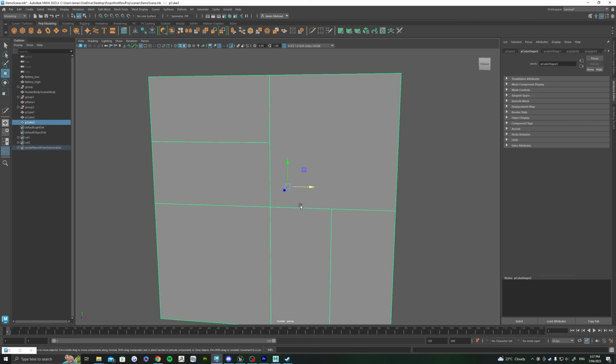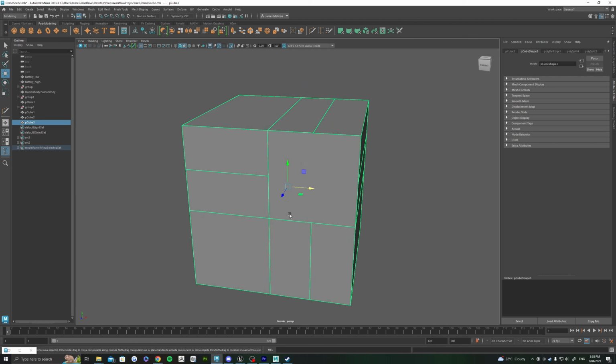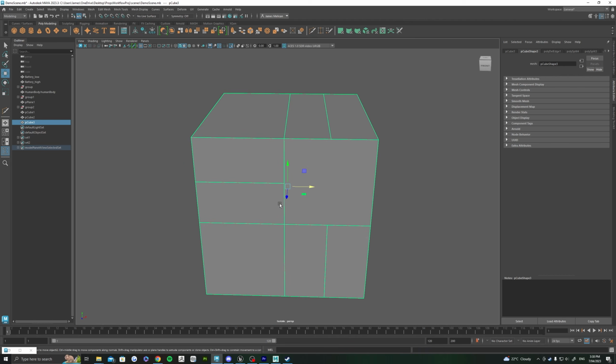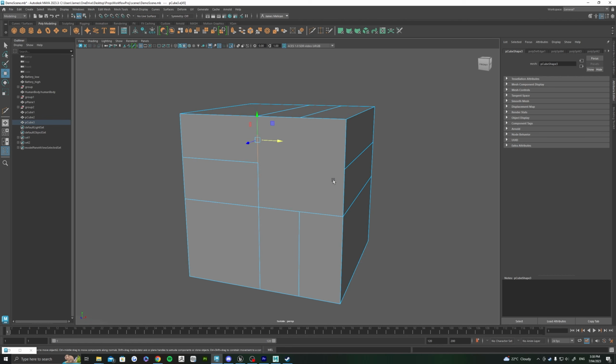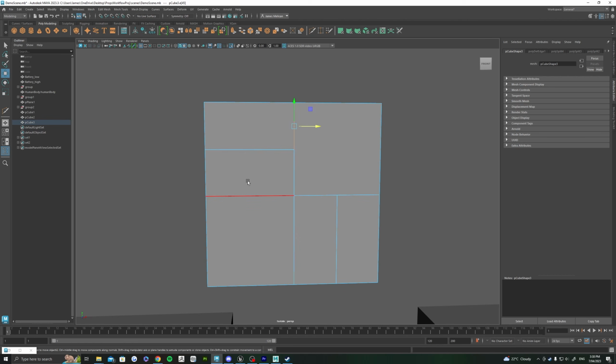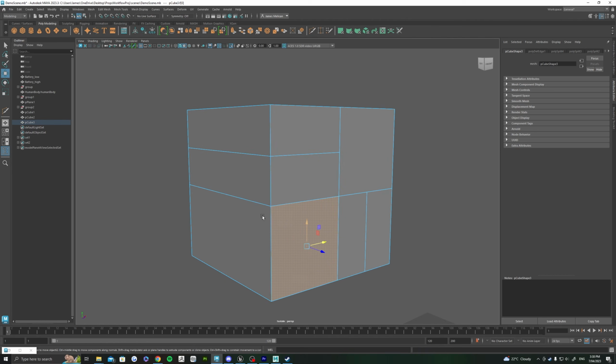And last thing is just your general topology. So best case, your topology at this point should still probably be mostly quads. So we really don't want to see anything like this, which is an n-gon, right? It has 1, 2, 3, 4, 5, 6, 7, 8 sides, whereas most of our faces should only have 4 sides. Triangles have their place and they're okay,